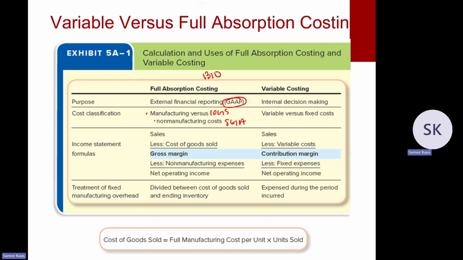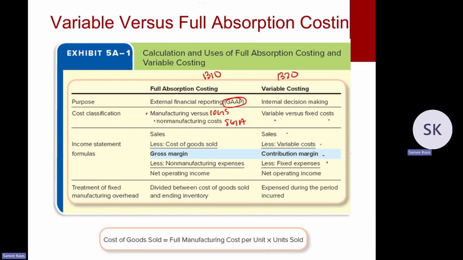Now compare that to what we're talking about here, where I'm looking at my variable costing, and I'm using that for internal decision making. So I'm not categorizing it as manufacturing versus non-manufacturing, period versus product. I am classifying it as variable versus fixed. So again, I have my sales revenue less my variable cost equals contribution margin, less my fixed cost gives me net operating income. So we might see a difference here because my net profit is not going to be